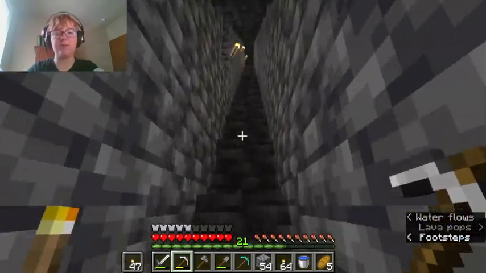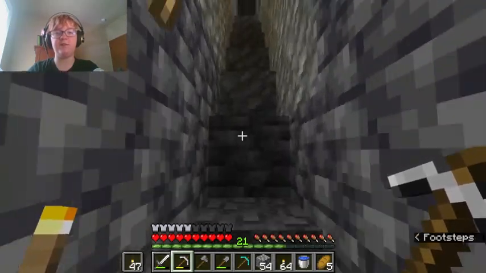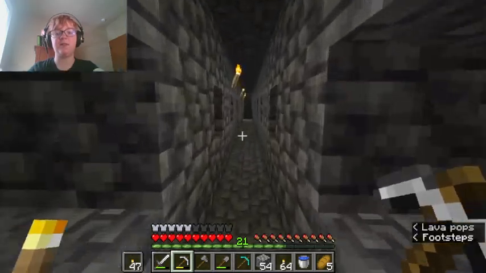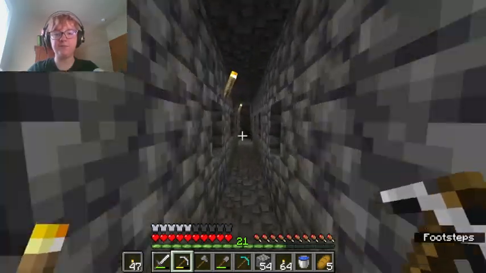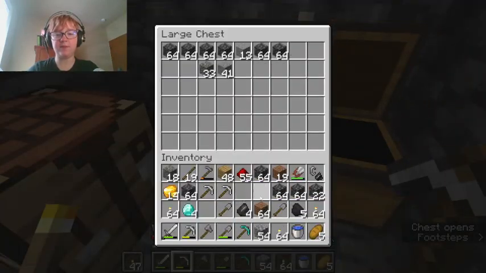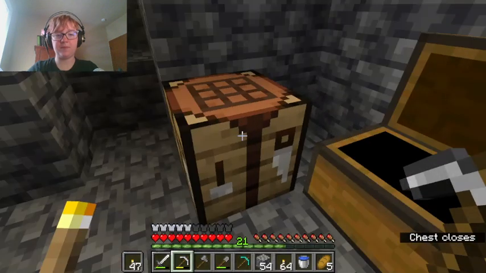Very long tunnels. Eventually, we're gonna make everything fast. We can do bubble columns, and we can do ice bridges, and we can do mine carts and rails. Everything will be fast eventually. Okay, let's drop off all this stuff so our inventory doesn't fill up. And then...